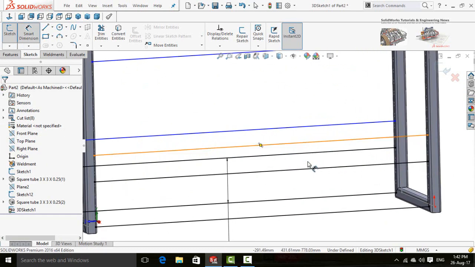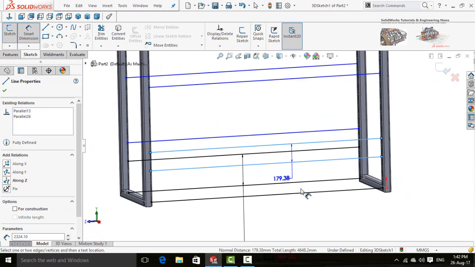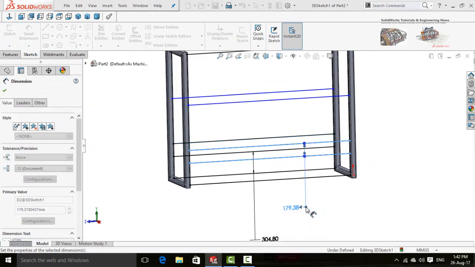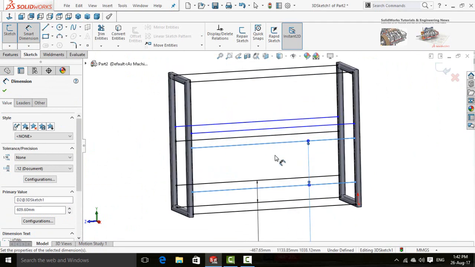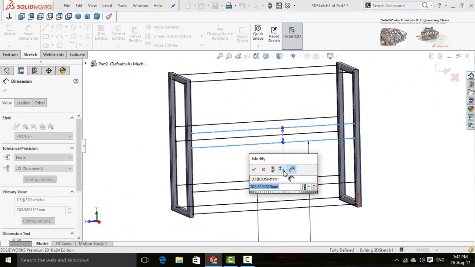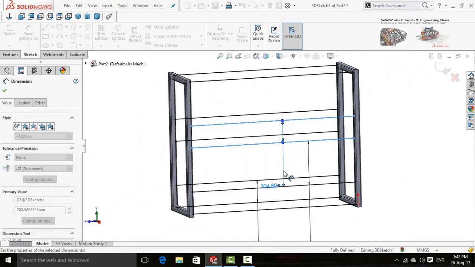Now insert dimensions, 2 feet and 1 feet.